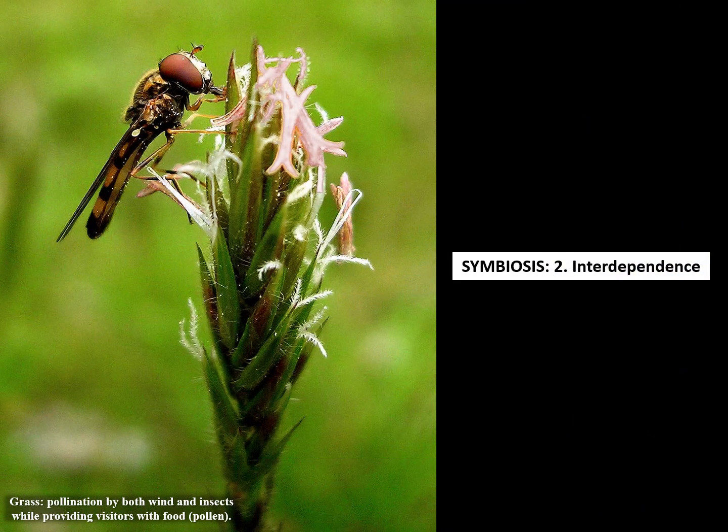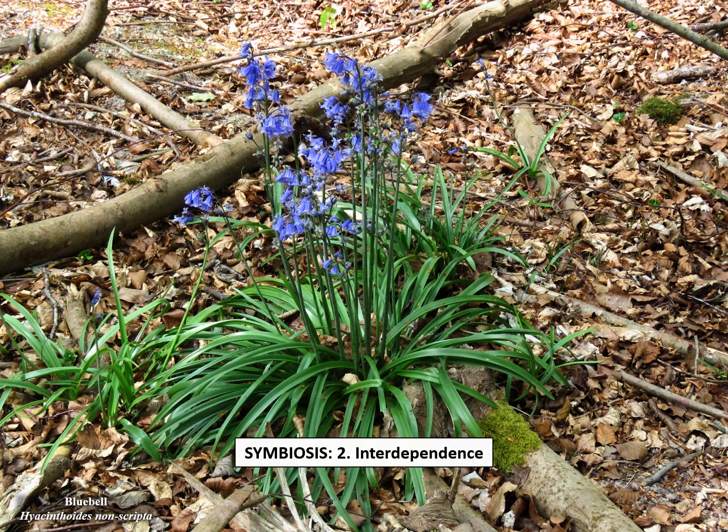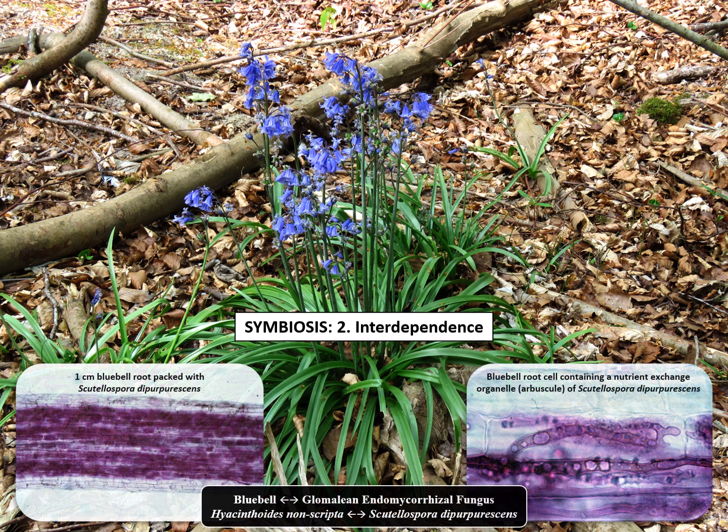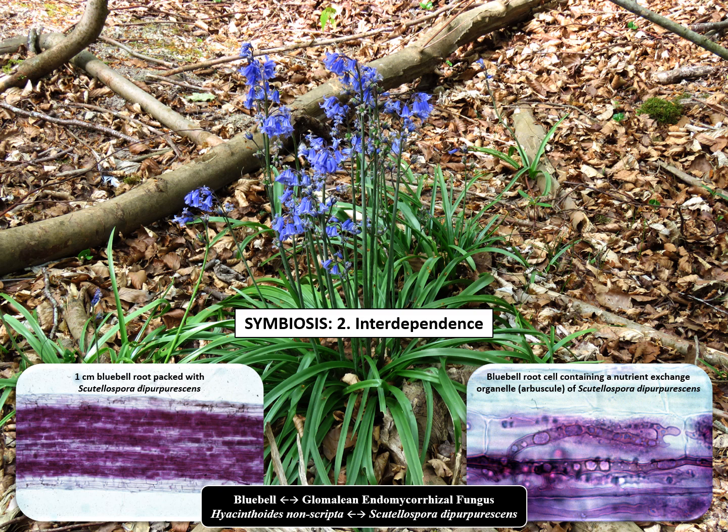Interdependence. Once a symbiotic relationship has become established, there is usually interdependence built into the system, with benefit accrued by both partners, but that's why symbioses evolved. Here, in a modern botanical setting, bluebell roots are packed with the fungus Scutellespora dipurpurescens, which provides phosphate scavenged from soil in exchange for carbohydrate the plant manufactures from photosynthesis. Neither can perform the other's nutritional function. Neither can thrive without the other. Interdependence. This is a form of mutualism.